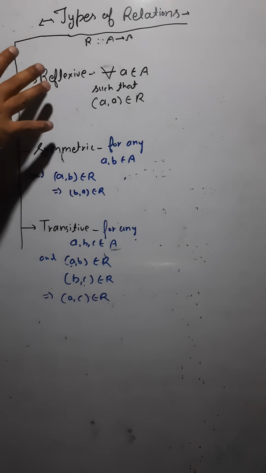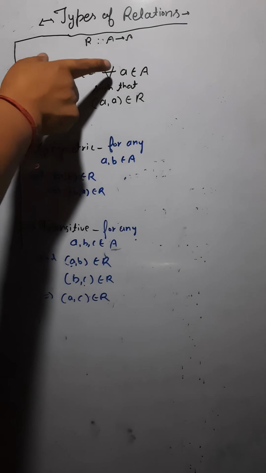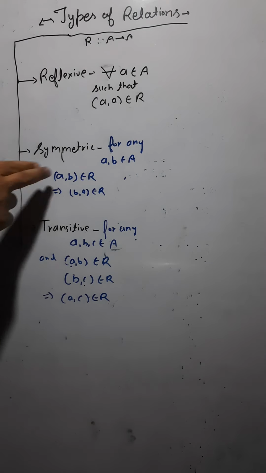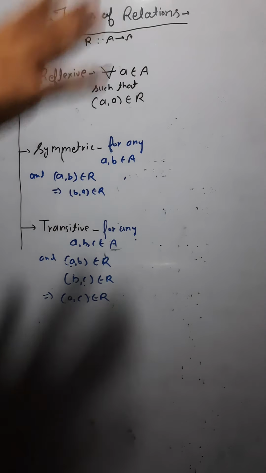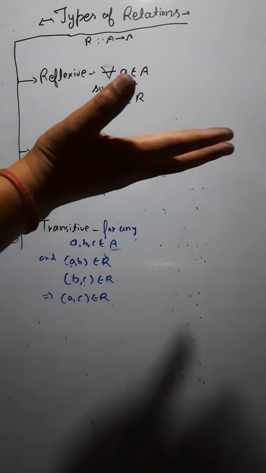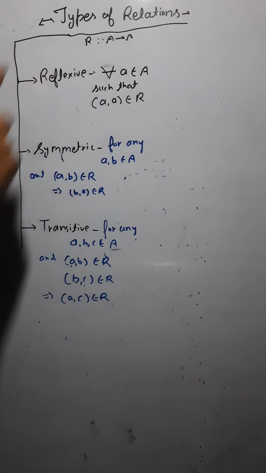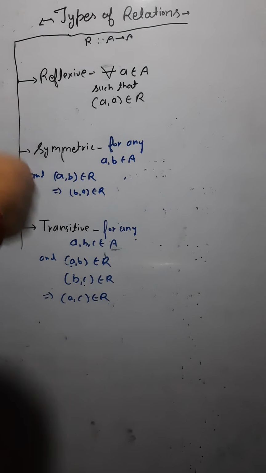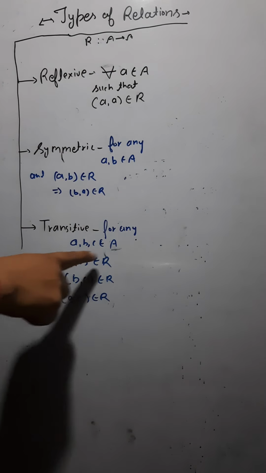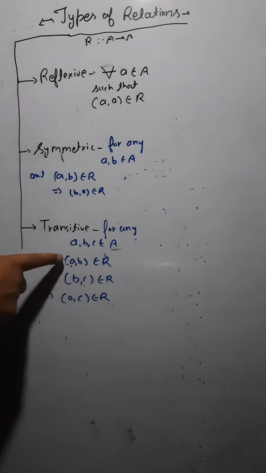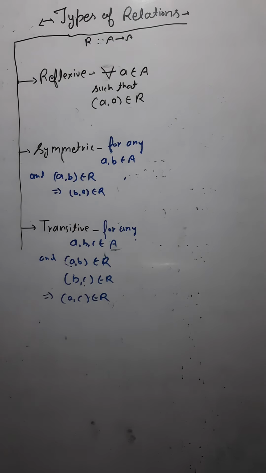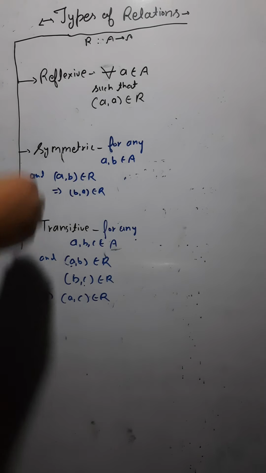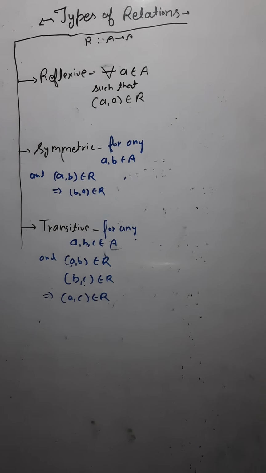Okay, so a relation is reflexive if for all A, means all the doublets are there in R. It would be symmetric if A comma B is there in R, so B comma A is also there in R, but it is for any, not for all. Remember this. In the previous one it is for all. Okay, now transitive means for any three elements at random you can take. If these three elements belong to A, and if you have the ordered pairs A comma B and B comma C that belong to R, it implies what? The first and the last, means A comma C should also be there in the R. So such relation you would be calling as the transitive relation. Are you getting?